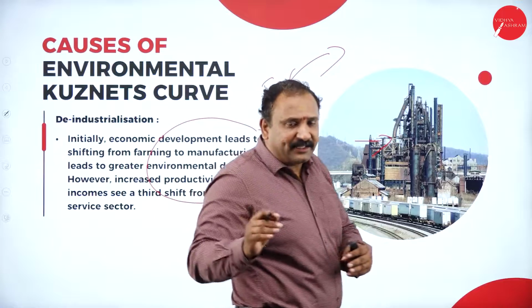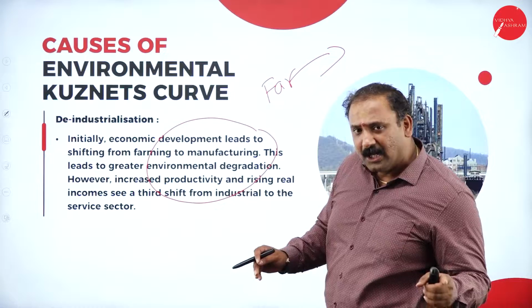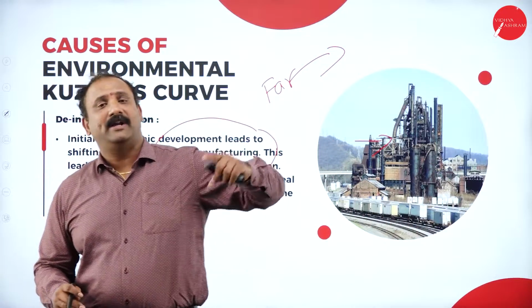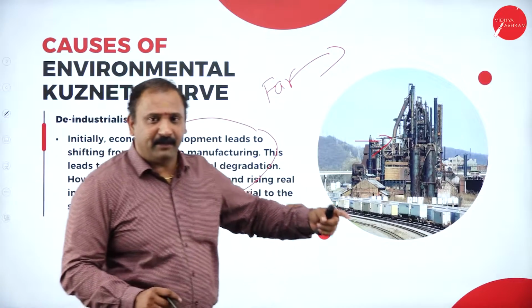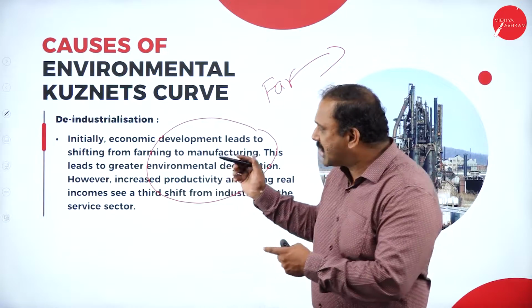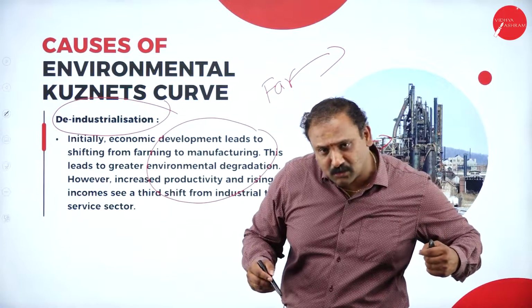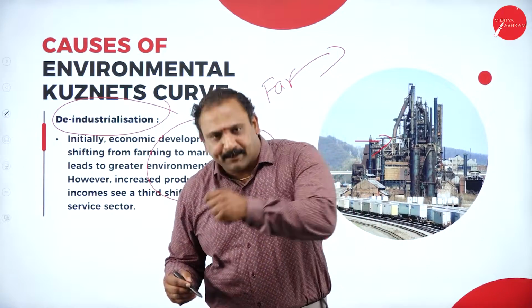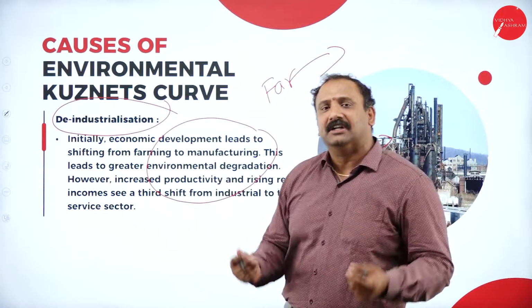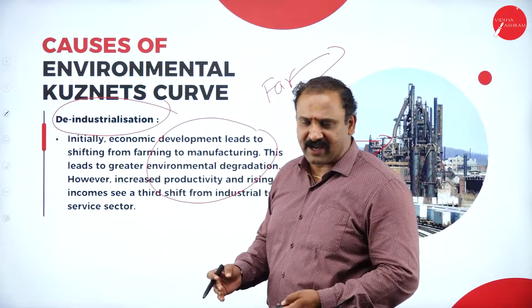But after the late 90s, let's say in the late 2000s, what has been seen is that people again want to go back to agriculture. Today, they want to go back to organic farming. They want to go back to a system where they can create a cleaner and greener environment for their generations to come. So what we are able to see here is that as you start going lower on industrialization and go back to the same circle of agriculture and farming with improved technology and better resources, you are creating a positive impact on the environment.